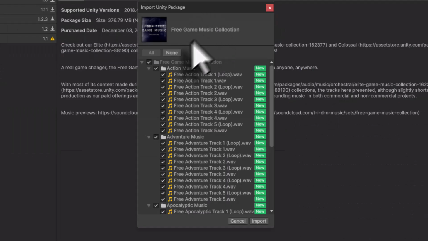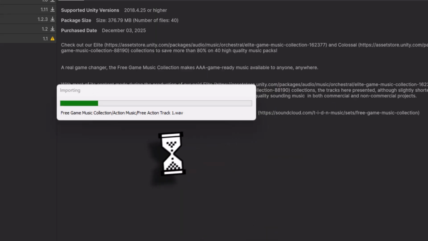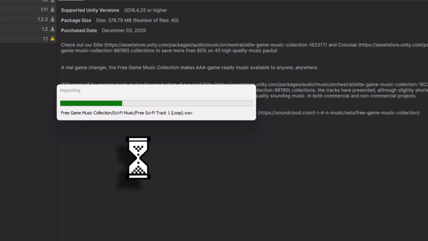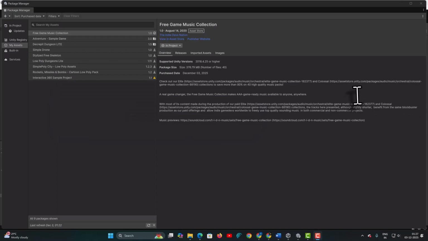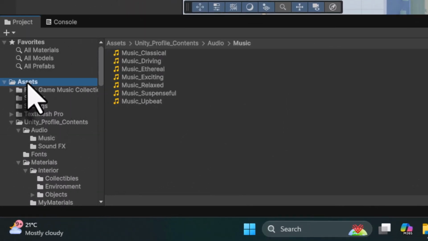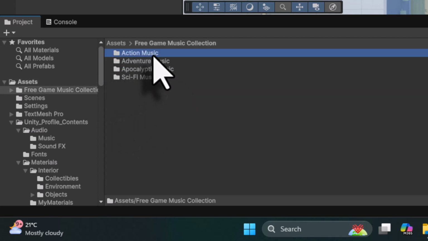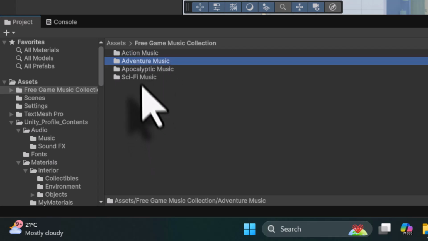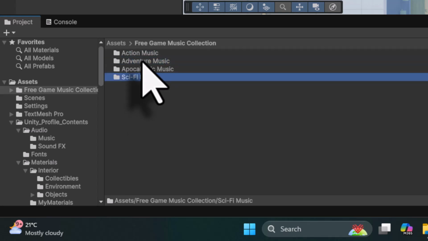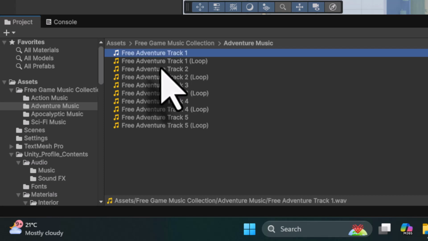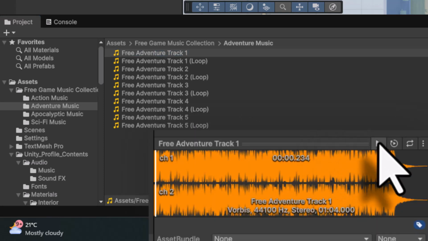Once it has been completely downloaded, I can click the option import to project. It is going to show here the import Unity package dialog box. Choose all and click on import. Now you can see all this game music collection will be imported into your project. Once it is imported, I will close the package manager. Now in your project window, if you come into assets, a new folder is created as free game music collection. If I double click to open it, you have action music, adventure music, sci-fi music. So I can open this folder, select any of the music here, and play it